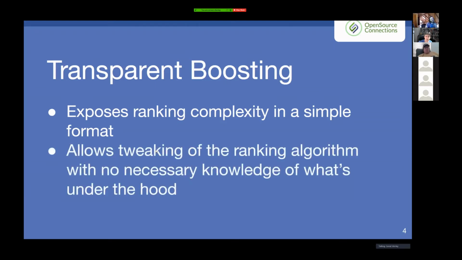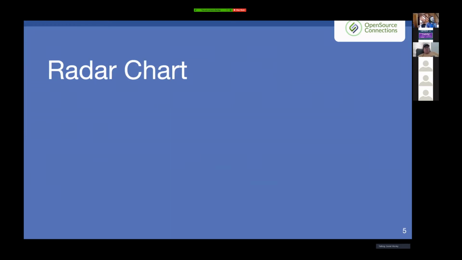So yes, this will allow tweaking of the ranking algorithm by users that don't necessarily need to know what knobs are behind it or what's under the hood. So basically any user can come in and simply tailor results to what they want to find. One method that came to mind when I was thinking about approaches to do this was a